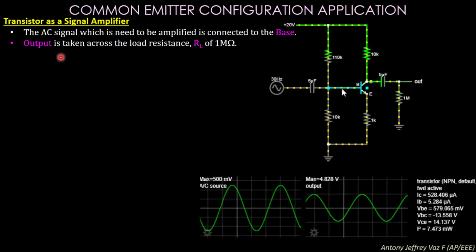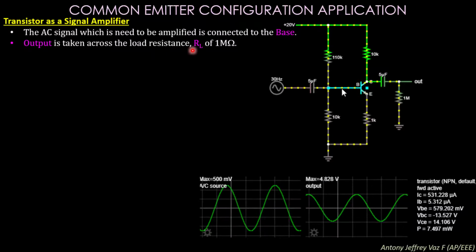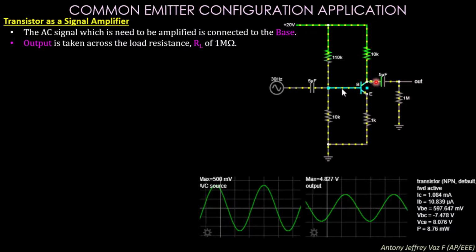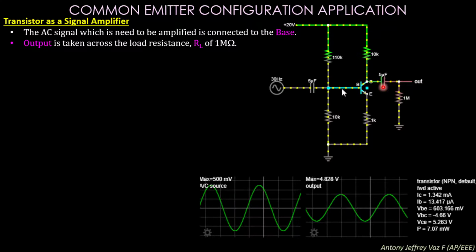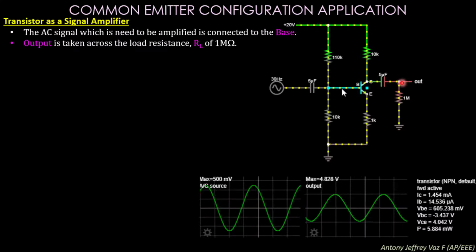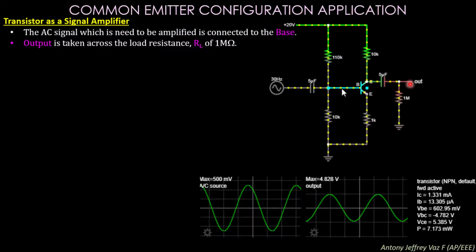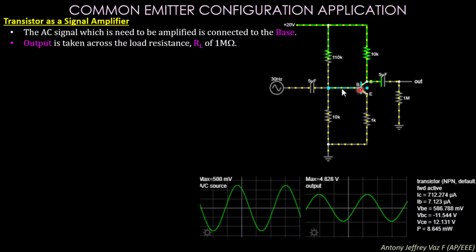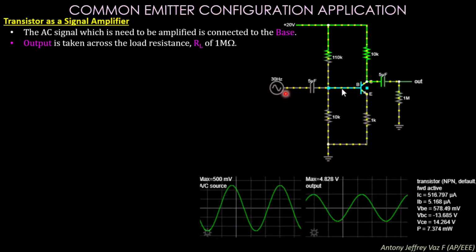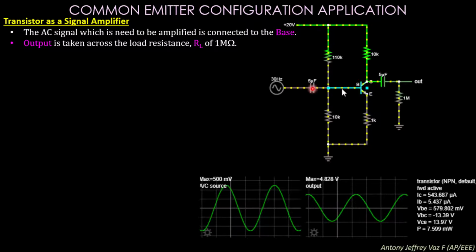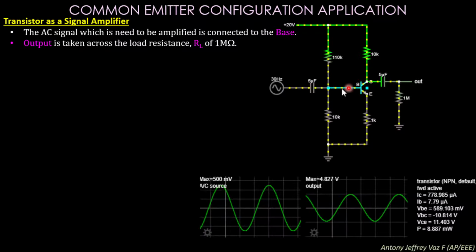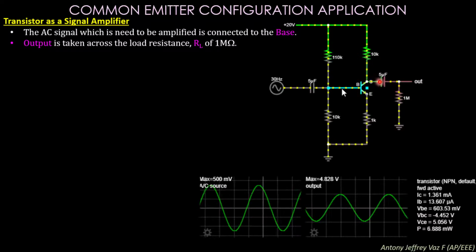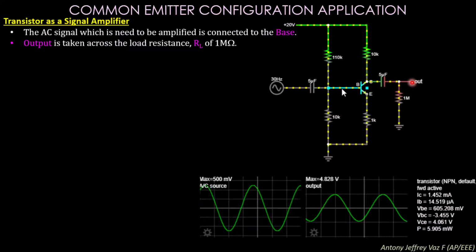So the output is taken across the load resistance RL of 1 mega ohm. Here you can see from the collector terminal, a capacitor of 5 microfarad is connected. After that you have the 1 megaohm, and here you are collecting the output. The input sine wave is provided along the base. Okay, so this is the input. After the input you have a capacitor. After the capacitor you provide the supply into the base. After the base you get the output through this capacitor, and the output is delivered out.